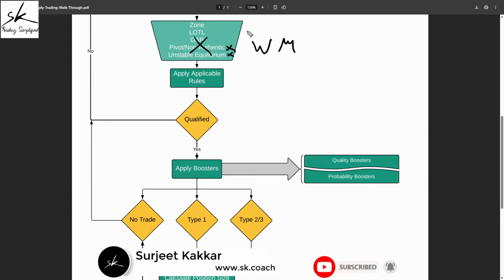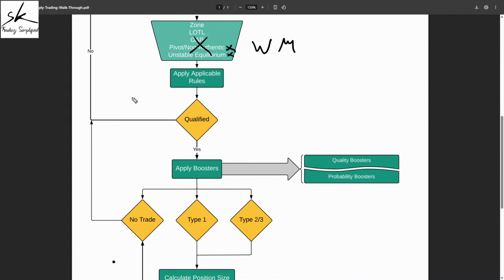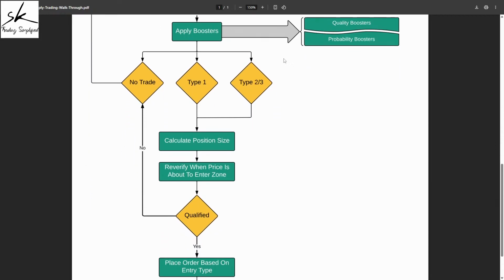To disqualify a zone, they first need to be applicable. Then there can be two possibilities, either qualified or disqualified. And since they are not getting applied, by default, it is a qualified zone for us. So now that we know we have a qualified zone, we'll move on to the next step, which is the